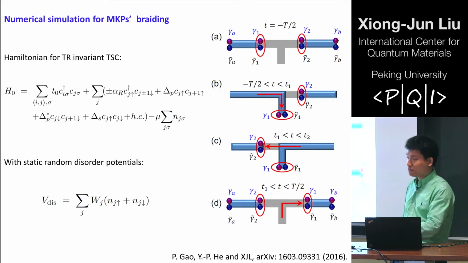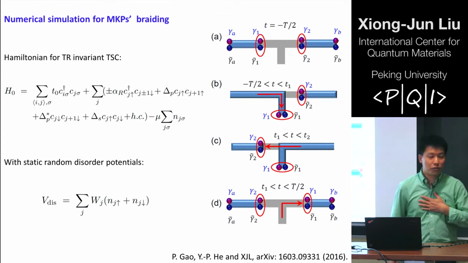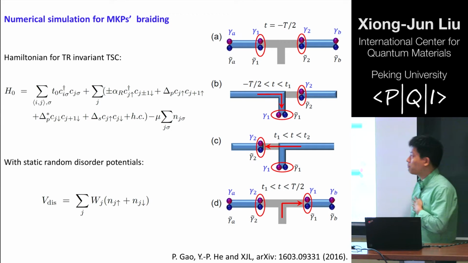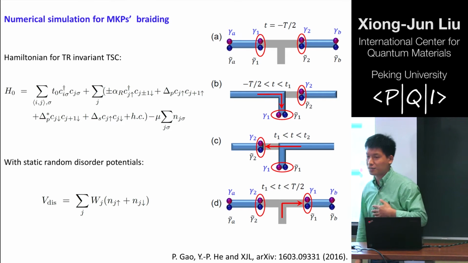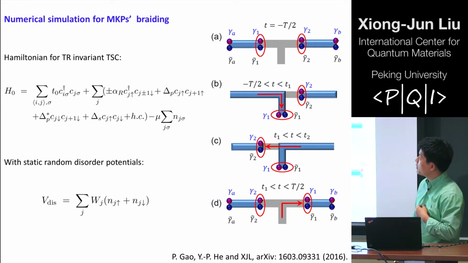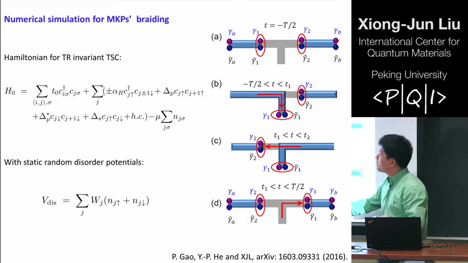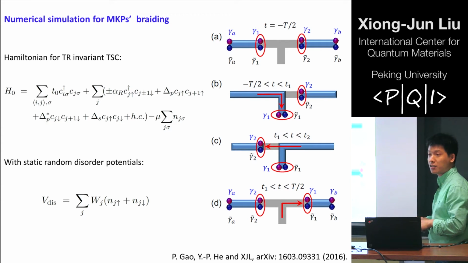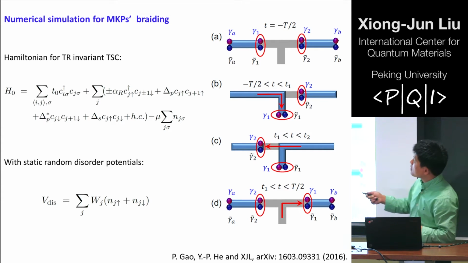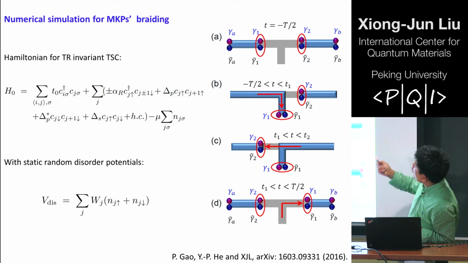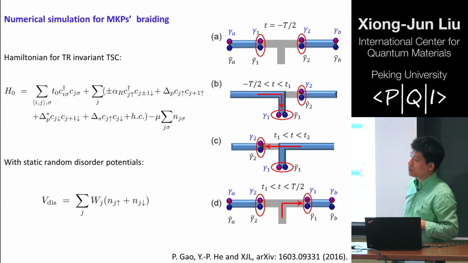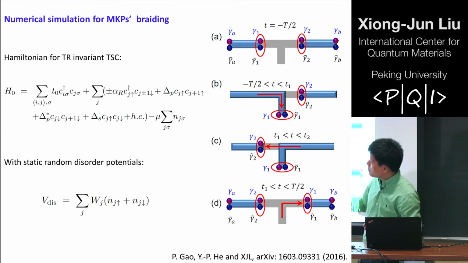Okay, now we want to do some numerical checks of how well this can be satisfied. First of all, let me check that this result is true, and we consider some braiding process. Suppose we consider this kind of system. We braid gamma 1 and gamma 1 tilde, gamma 2 tilde by this T junction, and we use this Hamiltonian to do